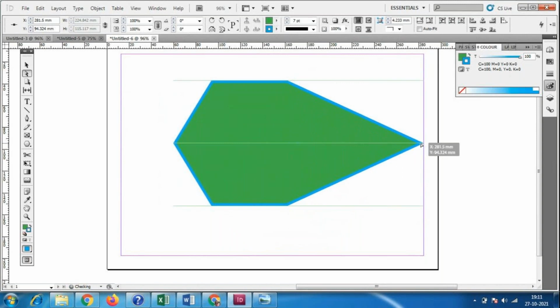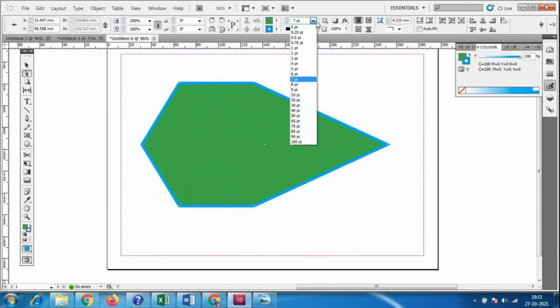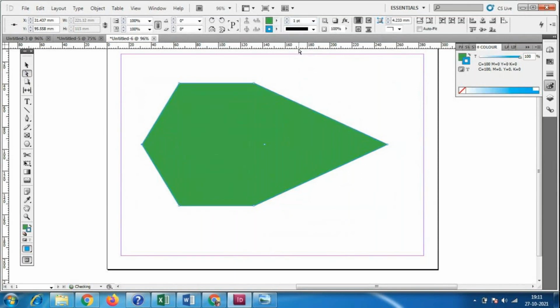The selection tool only selects the shape, but the direct selection tool, whose shortcut is A, selects the points. You can see the points here, which are selected like this.